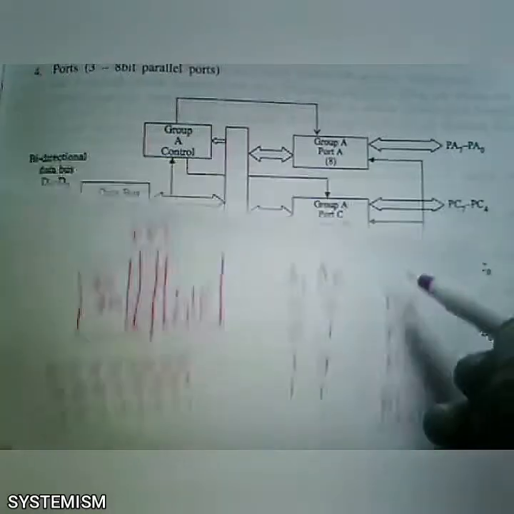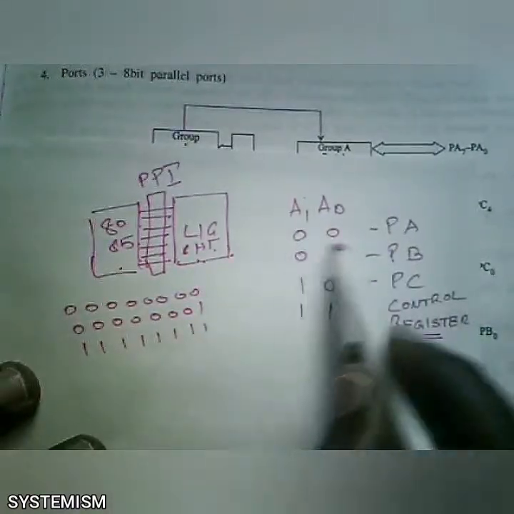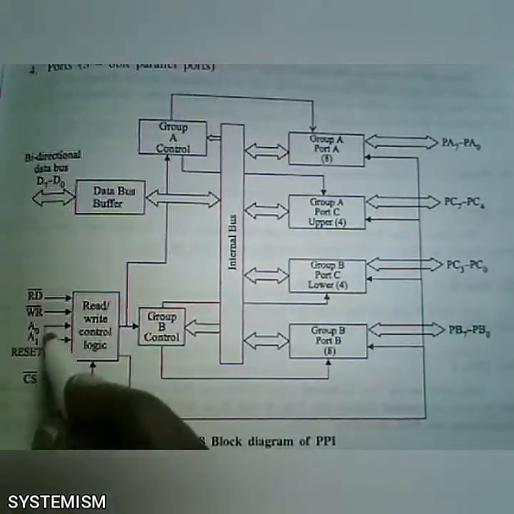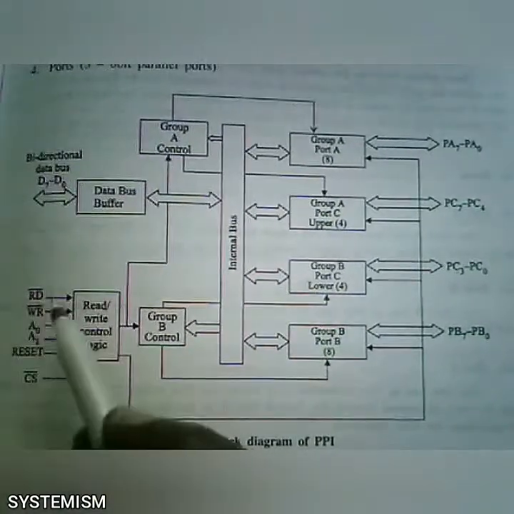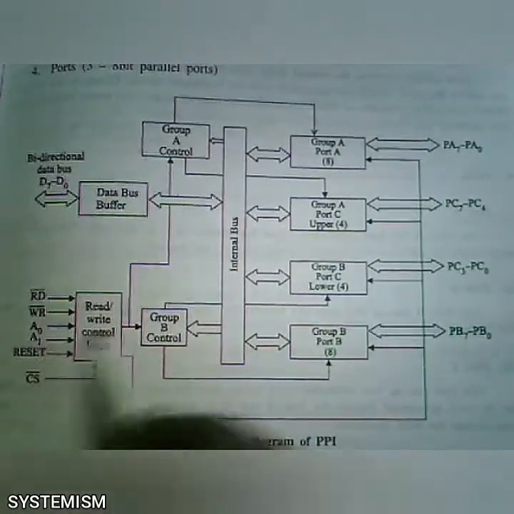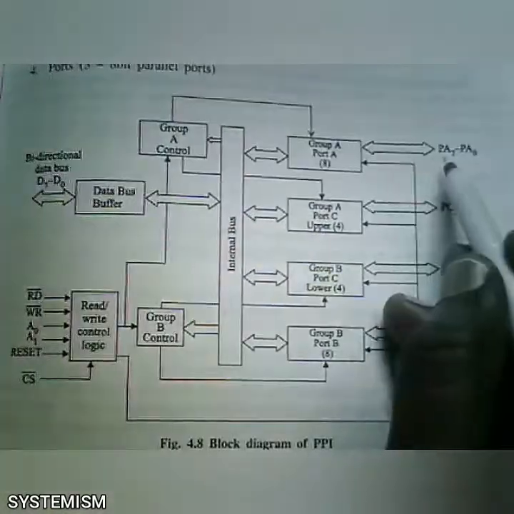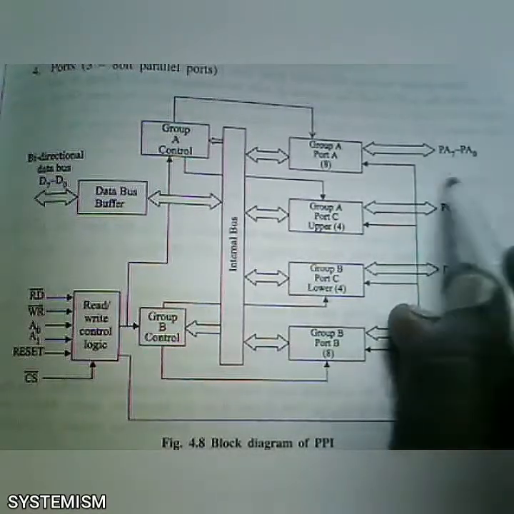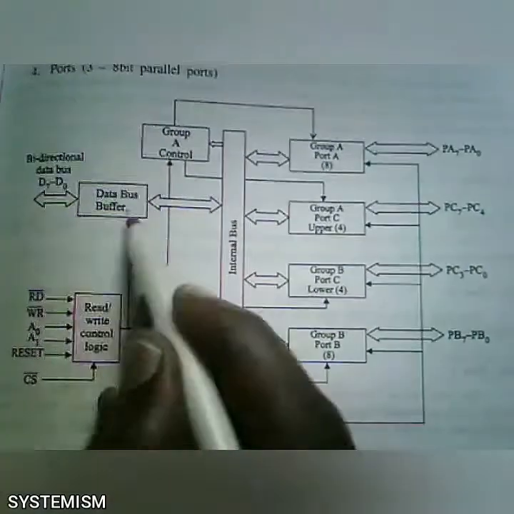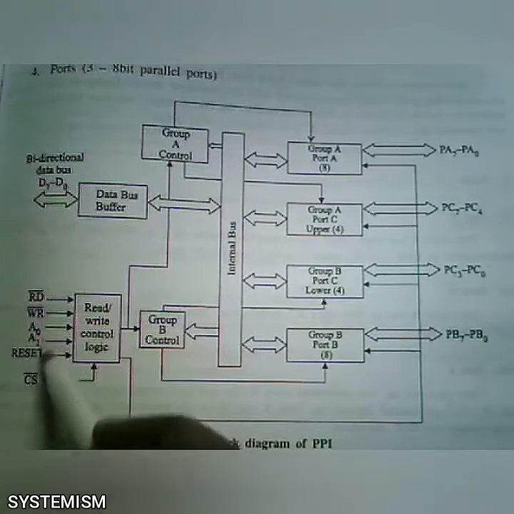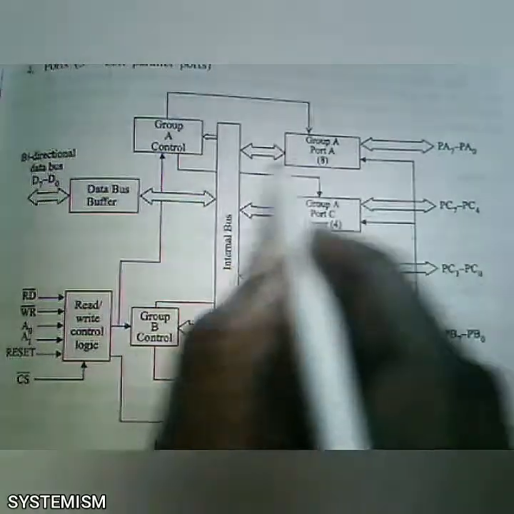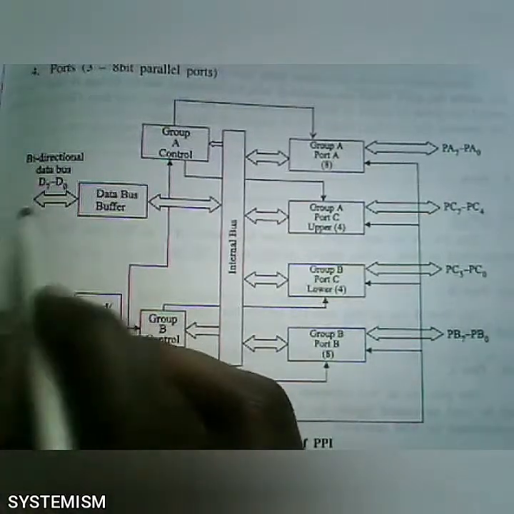Before that, get this idea. You can communicate with these IO devices by means of A0 and A1. These values are transmitted by the microprocessor, so you can transmit data to this IO device. If you want to convert a port into an input port, that means you want to get data from the IO device to the microprocessor, you can select a port and get the data from it. That data will be transmitted to the microprocessor in this way.